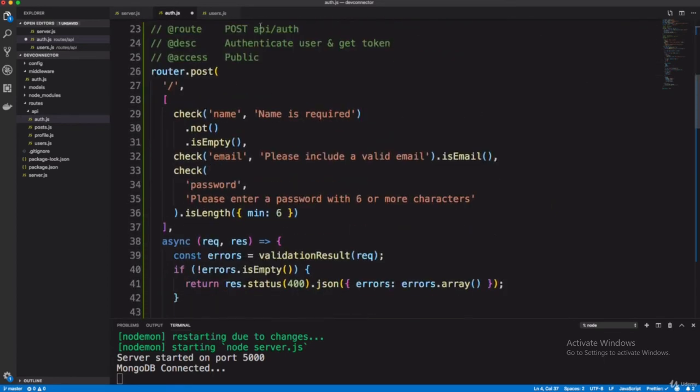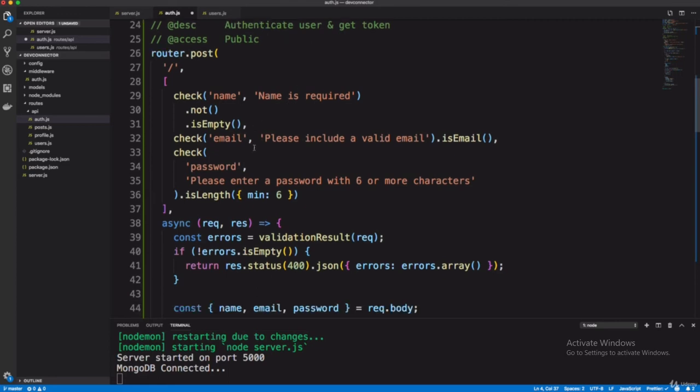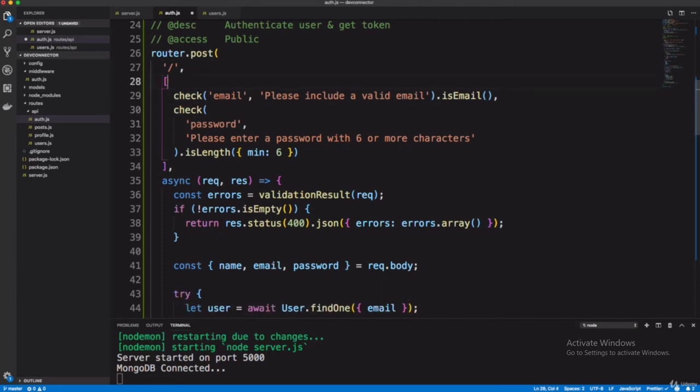That's okay. Now here we don't need the name section, just get rid of it. Now we need an email. That's perfectly fine. And in the password section you don't need to say 6 or more characters.